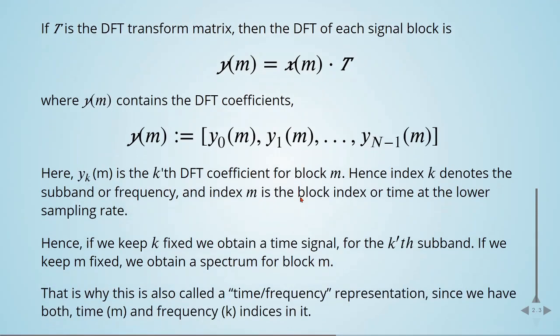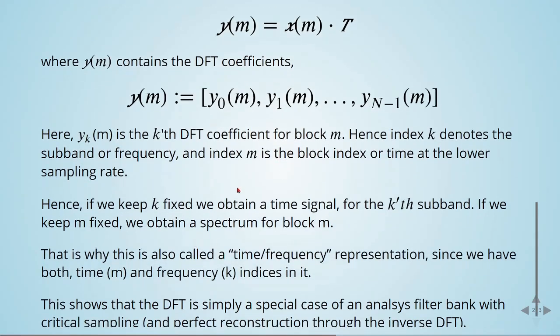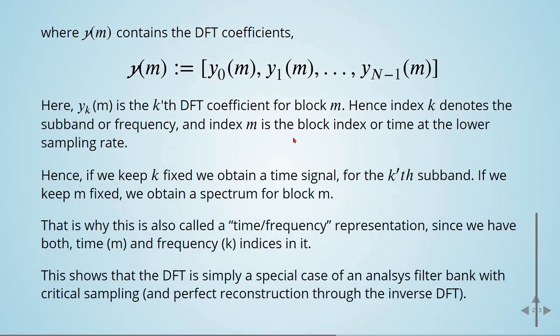lower sampling rate. Hence, if we keep K fixed, we obtain a time signal for the kth subband. If we keep M fixed, we obtain a spectrum for block M. This is very important. So once again, if we keep K fixed, we obtain a time signal. If we keep M fixed, we obtain a spectrum. That is why this is called a time frequency representation, since we have both time M and frequency K indices